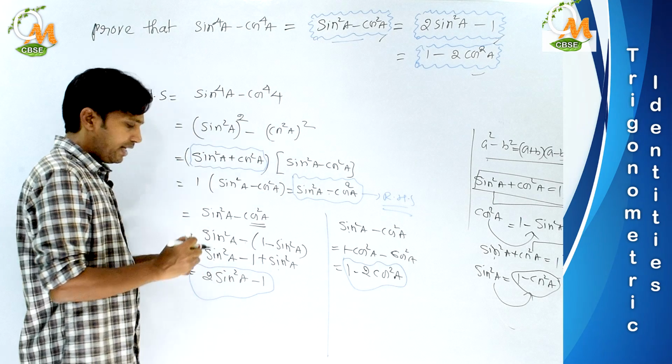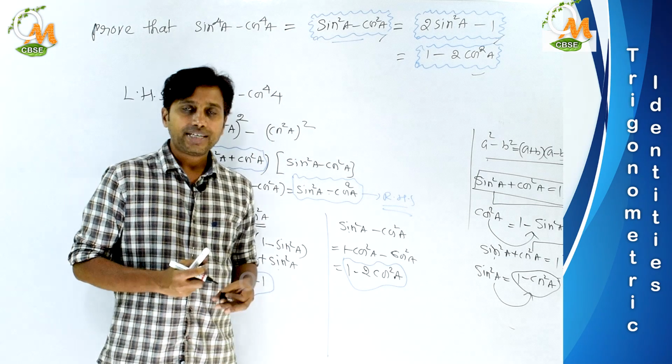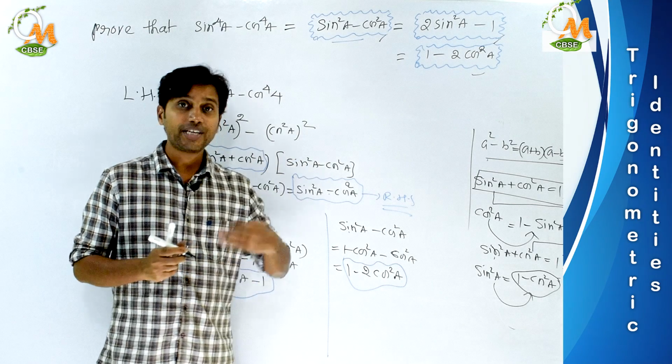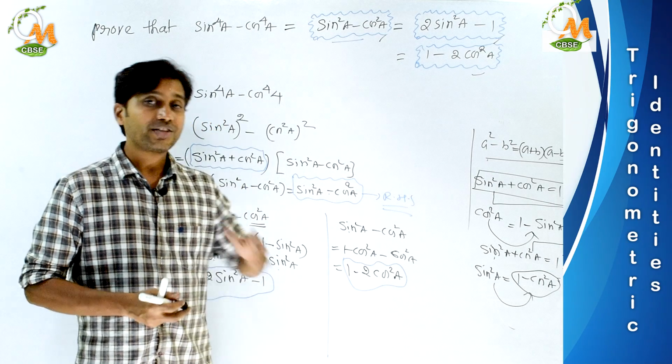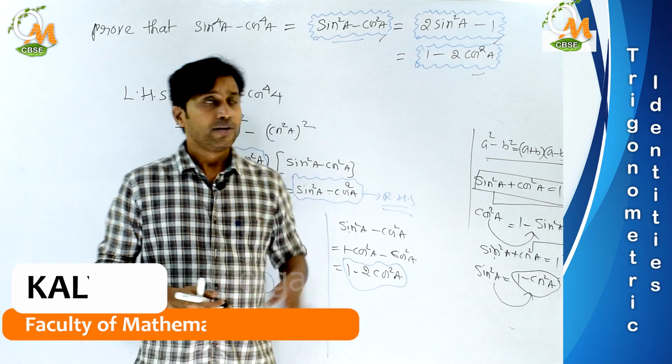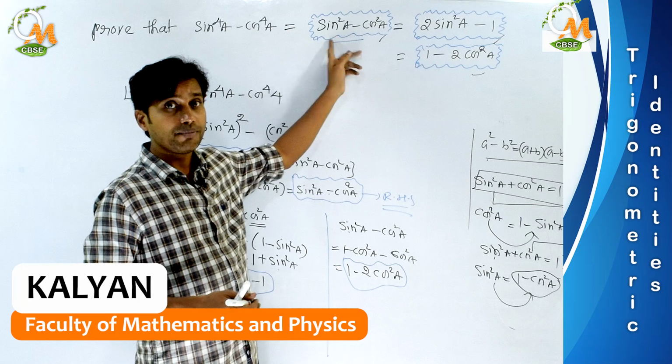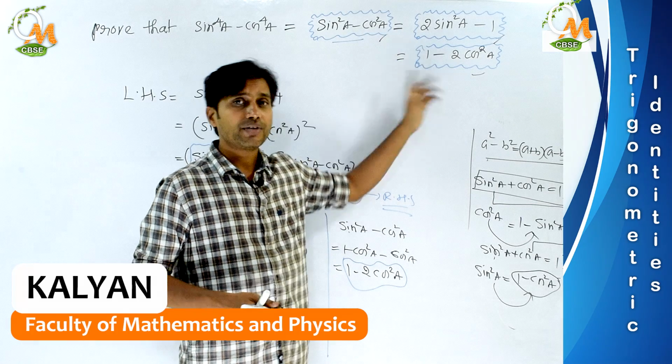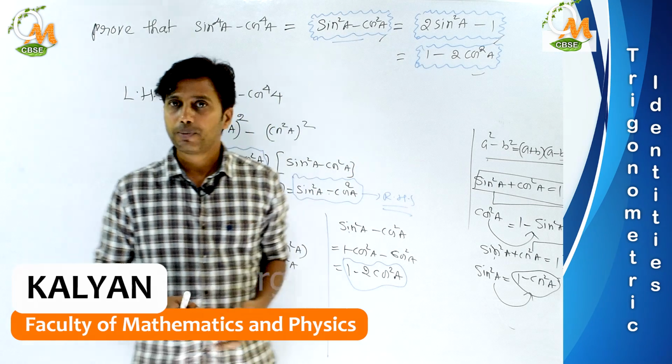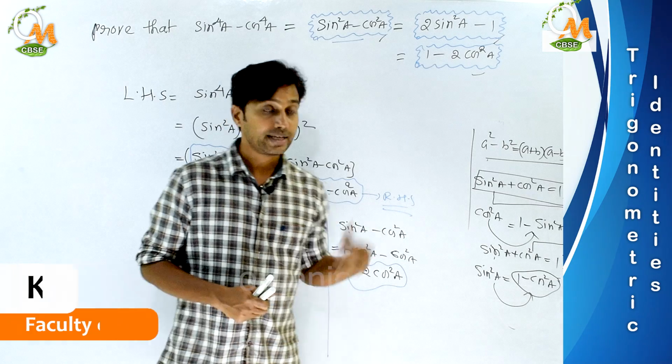So when you are given a question to prove 2 or 3 results, you don't need to panic. First obtain the first result, and from that you can obtain the second one, the third one and the fourth one, however many you are given, you can solve it. Understood? Like this we can solve it.